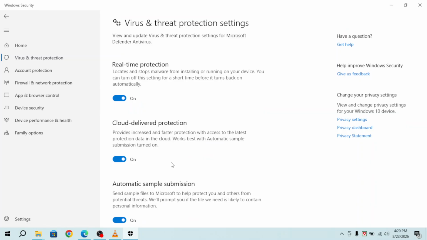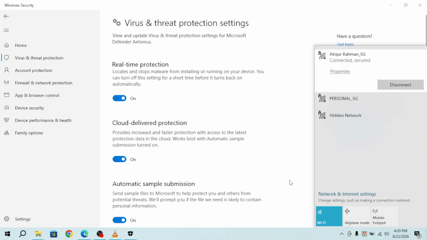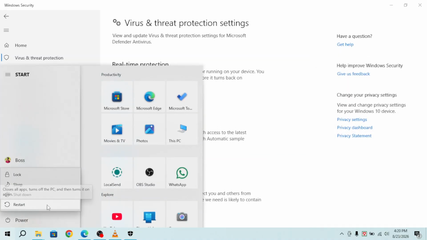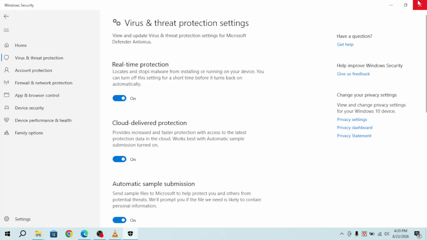If Defender won't update, first make sure your internet connection is working and Windows Update isn't paused. You can also restart the computer and try the update again. If the problem continues, check Windows Update for error messages or pending system updates, and that's how to update Windows